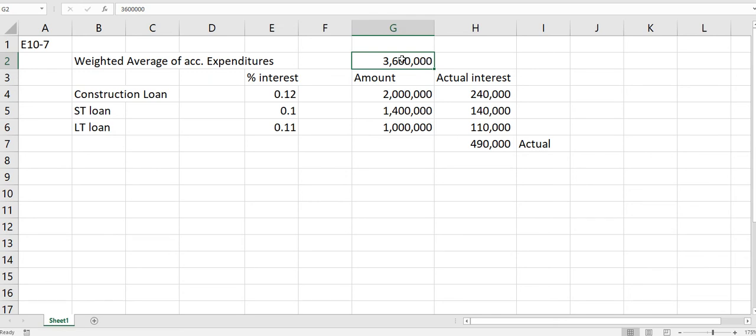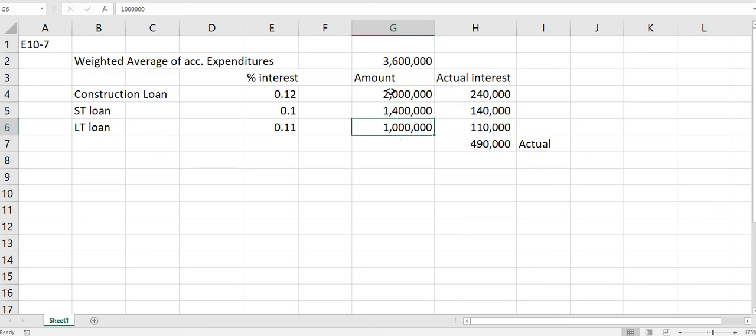So they've already done this for us, and that's this number. So now we want to try the avoidable interest. And so we know that we have this construction loan that was specifically for building this asset, and it was $2 million. So I'm okay with using, I know I first started paying for these expenditures using this loan specifically for construction. This is why I brought out the loan, and this is the interest rate I'm going to use